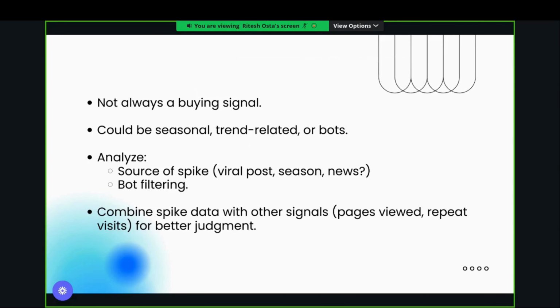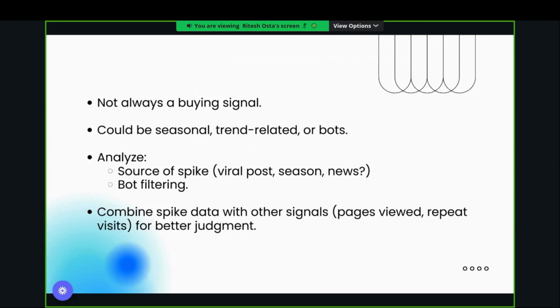It can be seasonal. For example, if you are an e-commerce store and you're selling Christmas items and Christmas is around the corner, so suddenly there's a huge spike which is related to season. Okay, and that can be, of course, very relevant. So you've got to really analyze the source of the spike. Okay, whether it is something viral or seasonal or news, please do the bot filtering and combine the spike data